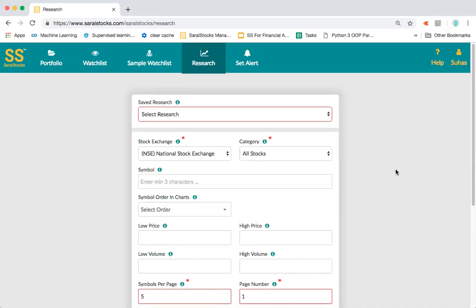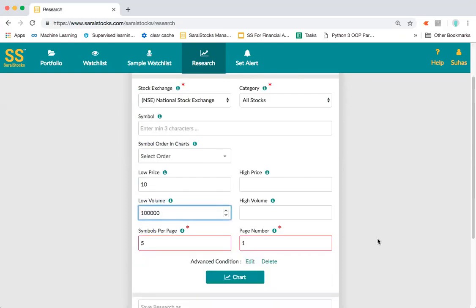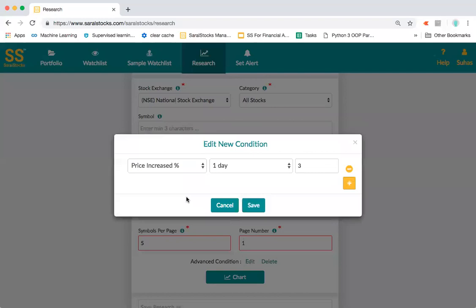Hello. We will now study how to find stocks by research in SaralStocks. So let's say I'm trying to find stocks in NSE, and the lowest price I want to have of a stock should be no more than 10 rupees. The low volume I want to have is 1 lakh, which means no stock that is lightly traded would be discovered here. And let's say I want to also find a stock that has some specific criteria, such